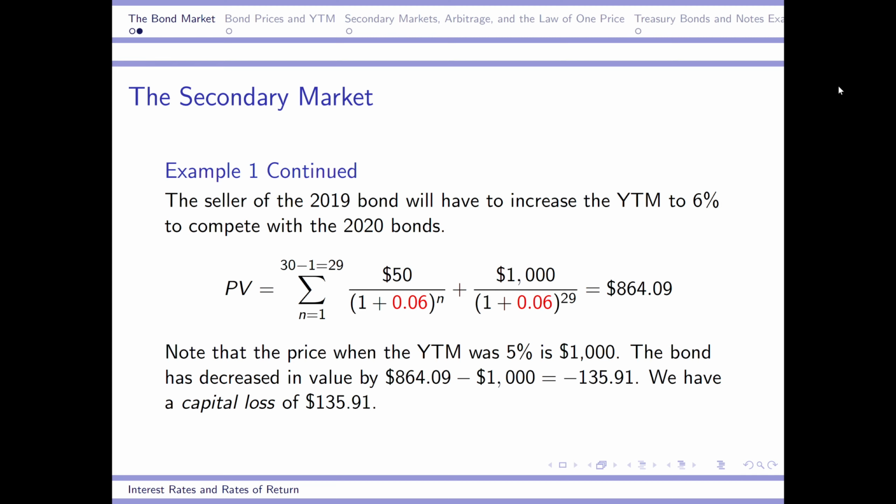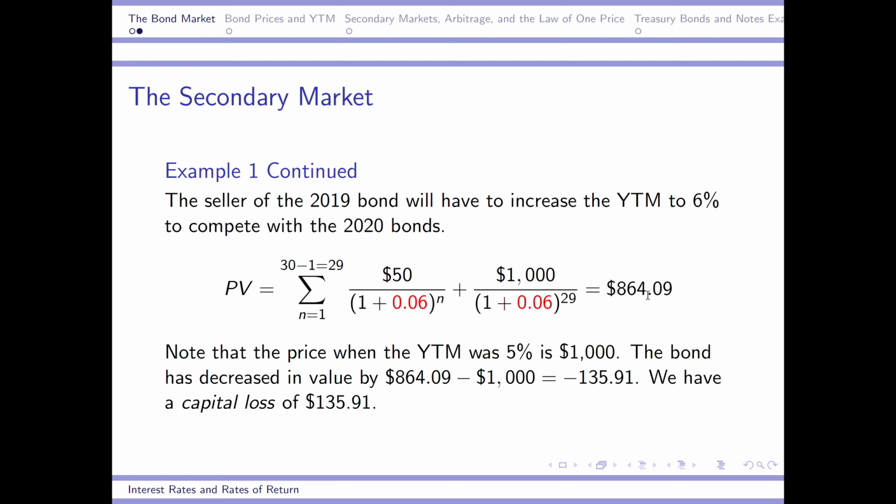Remember that beforehand, the price was $1,000 when the yield to maturity was 5%. However, when it increases to 6%, denoted in red, and we take 1 year off because it's now 29 years left until the maturity date, the present value drops to